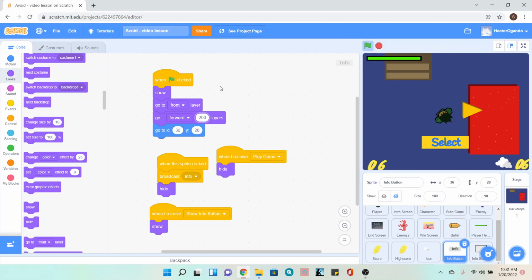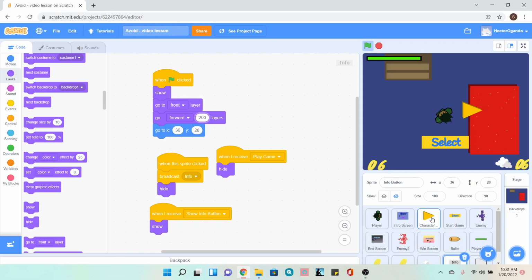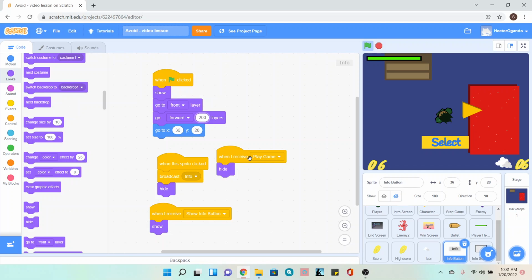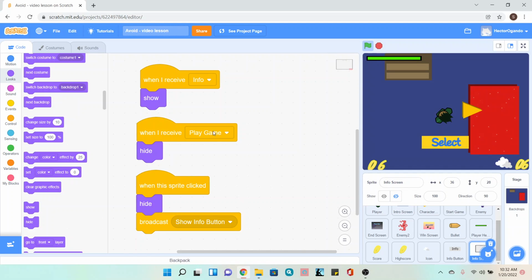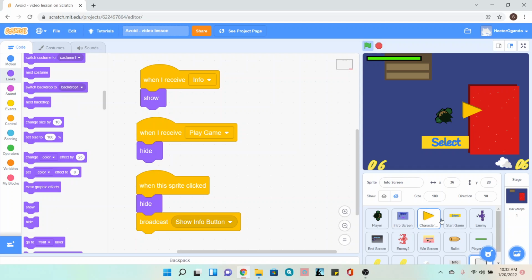Hey everyone, so now we're going to do the same thing for the story button. Before we begin, for those of you who have the character select, just fairly quickly change the "when I receive start game" to "play game" instead, for both your info button and your info screen, only because you want to make sure that it actually hides when the selection screen is gone and not when the select button